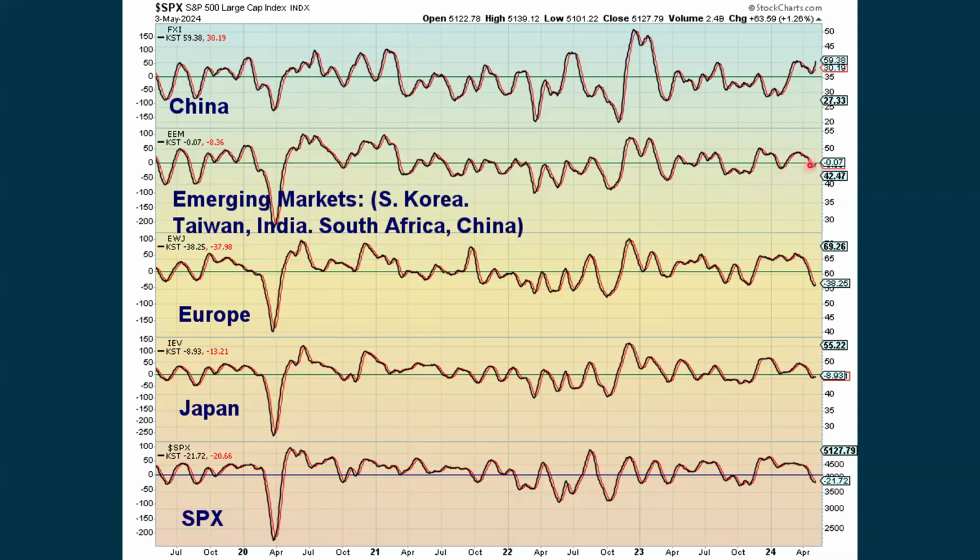We're seeing some improvement in the emerging markets. Europe could be turning positive. Japan could be turning positive. And we're not quite looking as strong here with the S&P, but we could be turning positive in the US